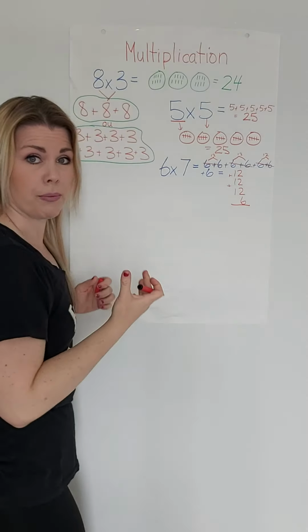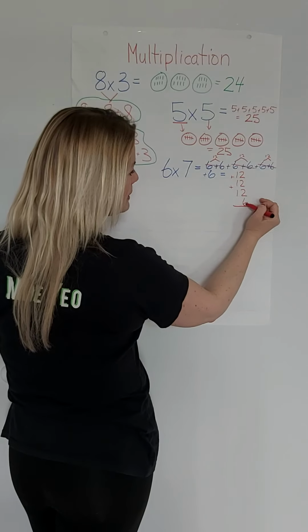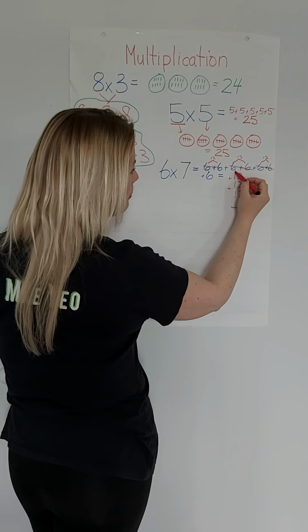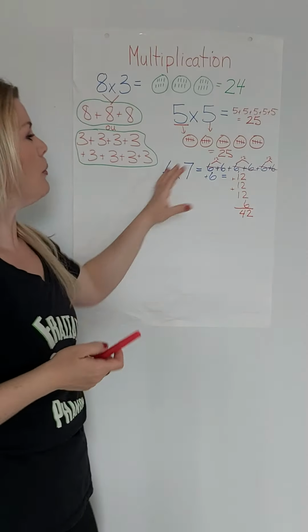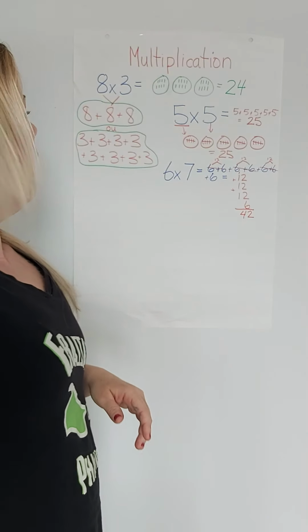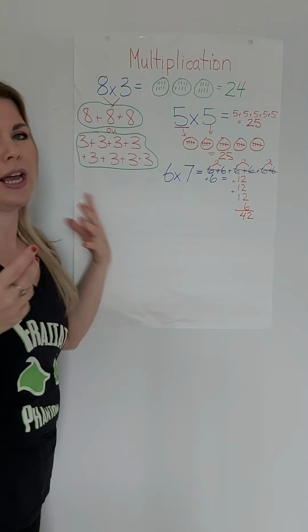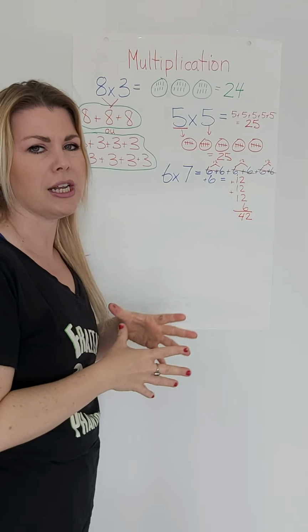And then like the addition that we were practicing, 2 plus 2 plus 2. So 2, 4, 6 plus 6 is 12. So I'm going to put the 2 here, carry the 1 over here. 1, 2, 3 plus the 1 on top is 42. So that's a long way of doing it, but you understand what this means, okay? So that's another way of doing it. So that's multiplication. I think it's fairly simple and straightforward. Your parents can probably help you out with that, but we've done it in class.